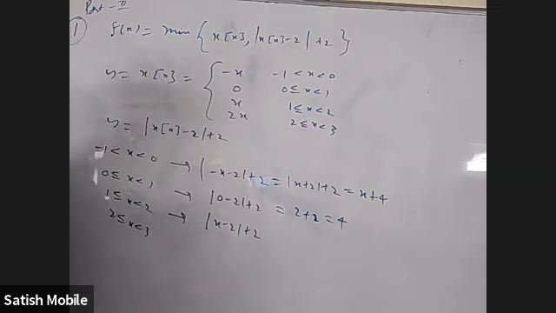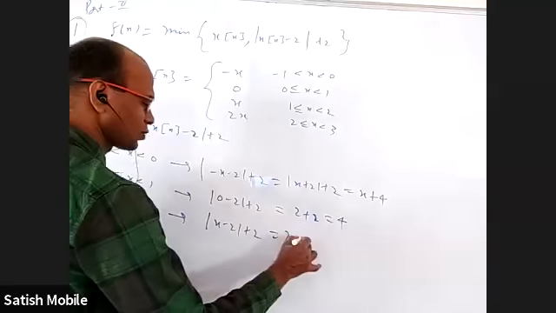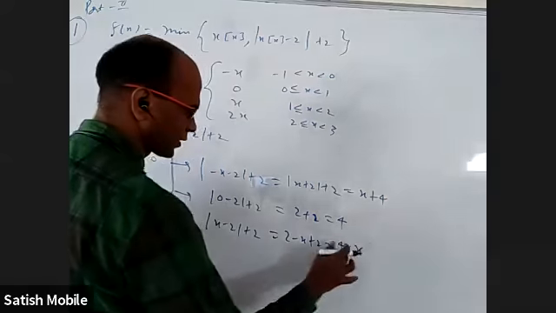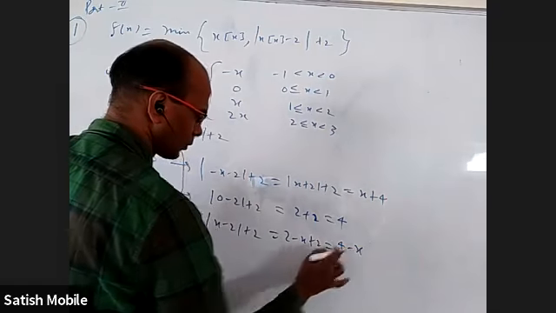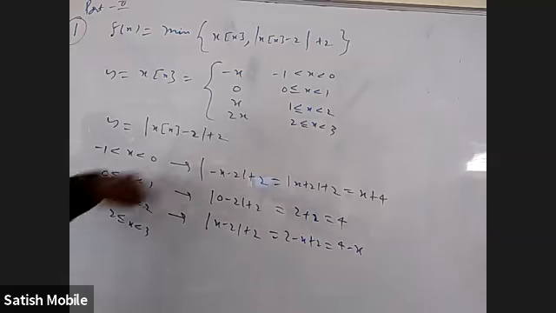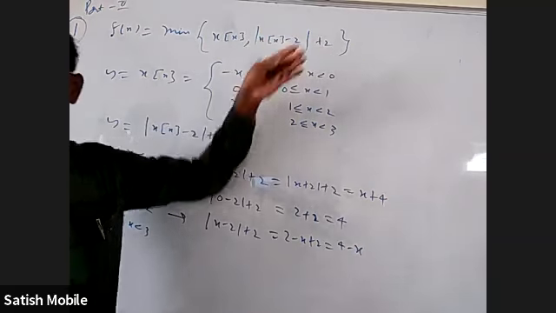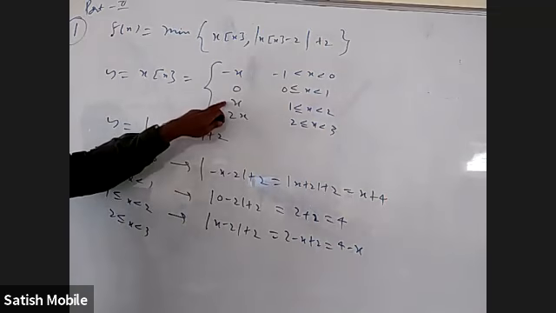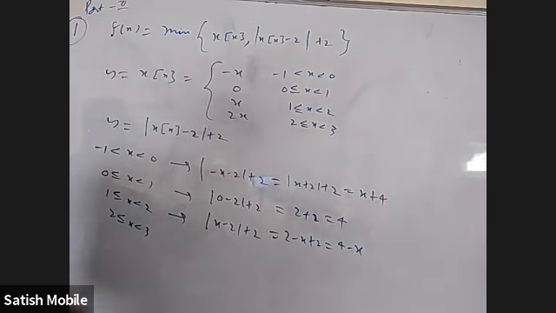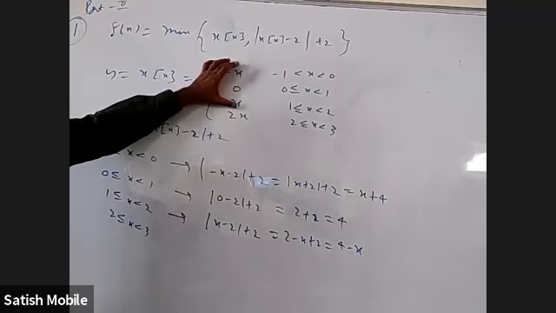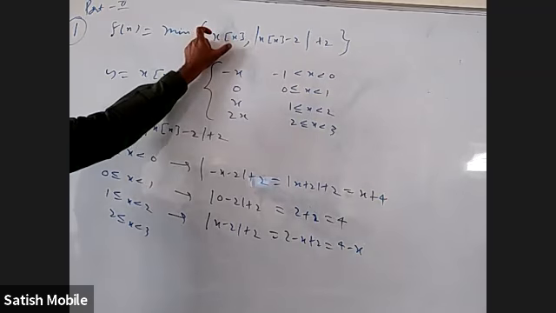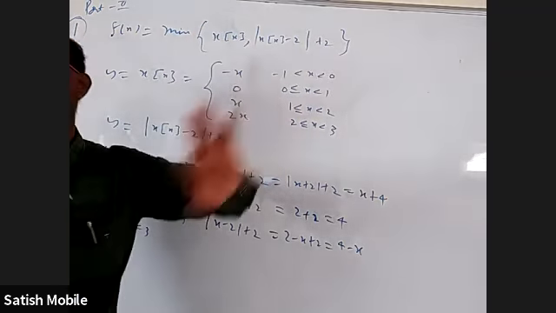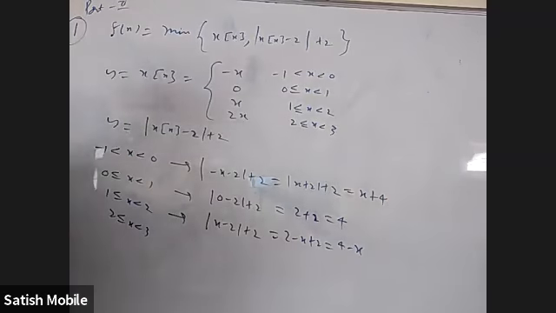Between 1 and 2, is x minus 2 positive or negative? Negative. Between 1 and 2, x minus 2 is negative. So I should not write mod x minus 2 as x minus 2. Rather, I should write 2 minus x plus 2, which is 4 minus x. Anyway, whatever it is, it is 2 plus some positive number, so it is above 2. You can understand, I think these are all less than 2. So minimum means this only will come. I think without writing much, I can say up to 2, this is the minimum, because this value is less than 2, whereas this value is 2 plus something, meaning more than 2. I want the minimum. So I think it's quite easy.